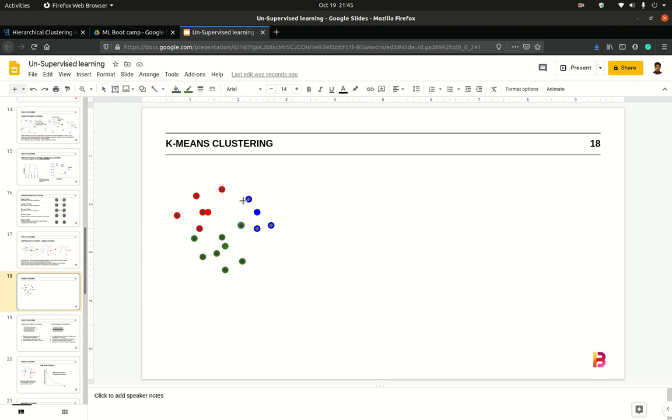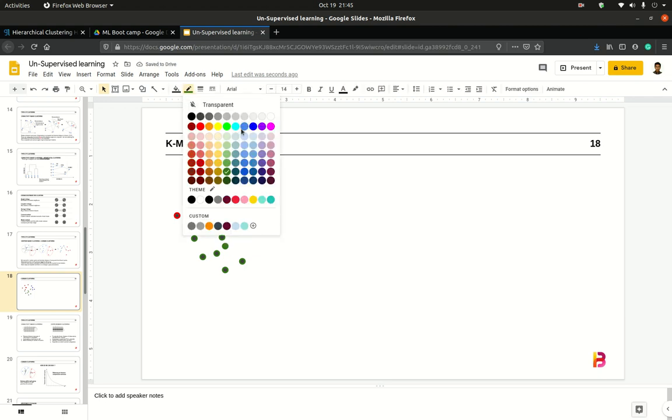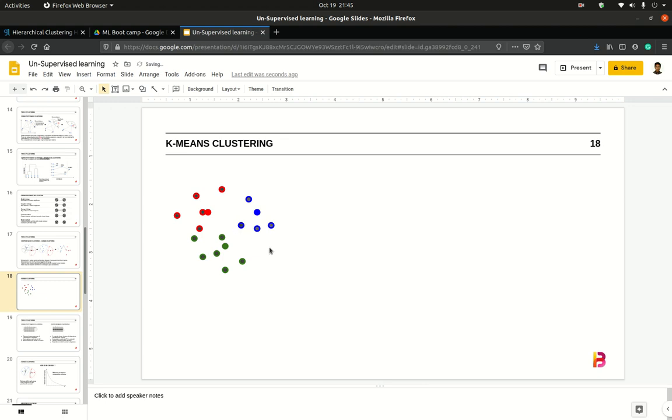Now when the distances are calculated for this point, something strange happens. Earlier this point was closer to green because of how we randomly initialized our cluster. Now it's closer to blue, so our algorithm would change the tag from green to blue. Now this has become blue.